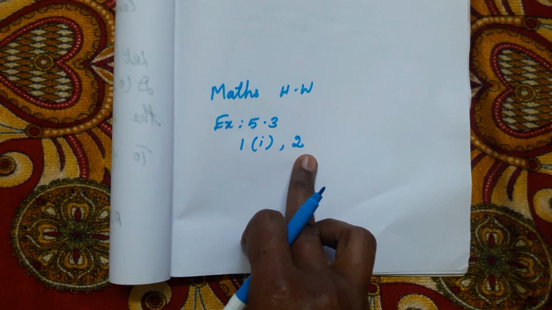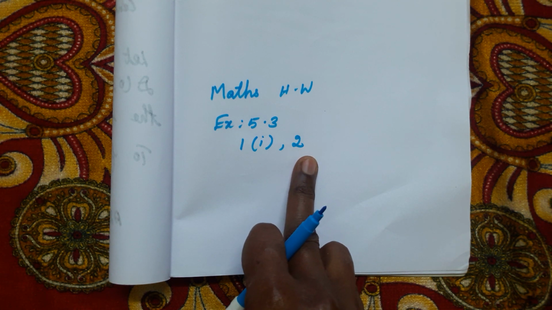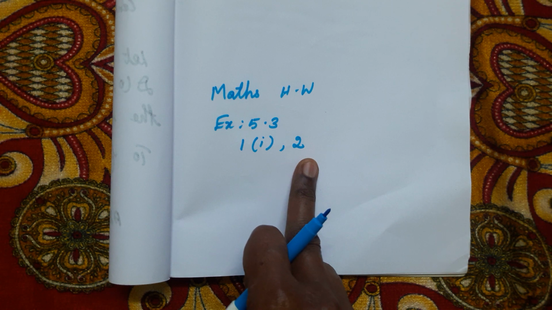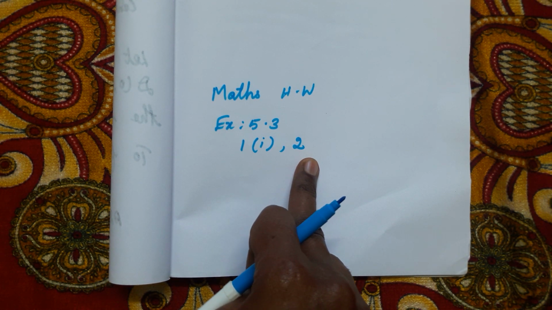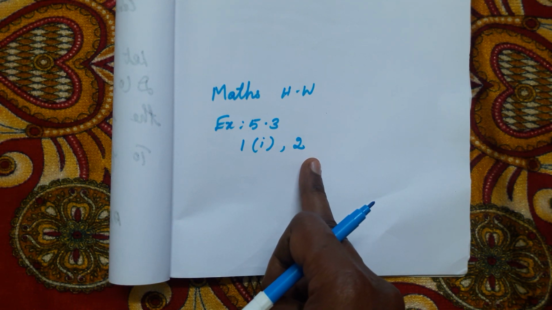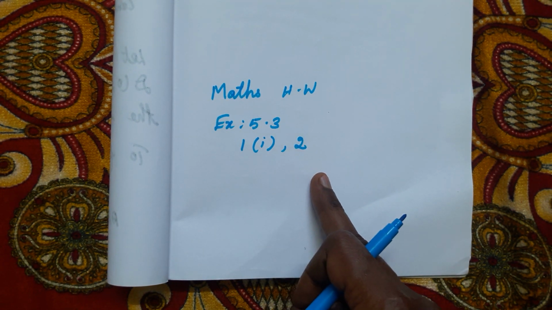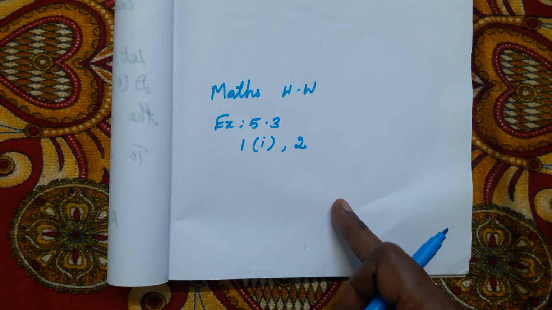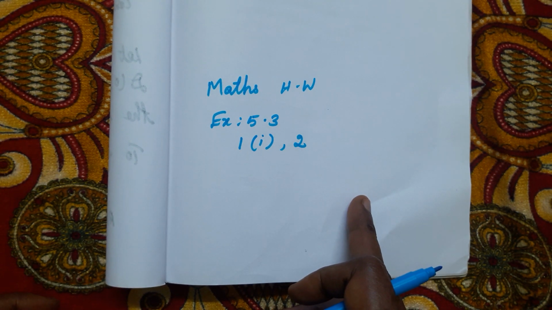Next, the second problem. It is a very easy problem. What is the question? The center of the circle is minus 4 comma 2. The center is given, and we can take any one notation: center M. The center is the midpoint. Next, one end of the diameter of the circle is minus 3 comma 7. One end of the diameter is given. We want to find out the other end of the diameter of the circle. This is the same as Example 5.12. Can you do that?